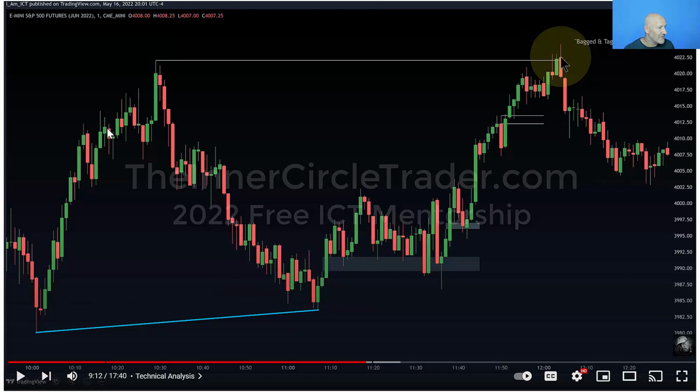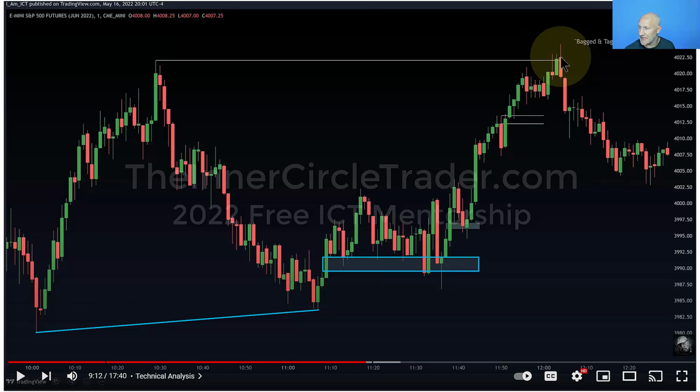Now you can see as the market's traded up and down, and we've reacted to this level, and in the process you can see we've painted our fair value gap just here. So it's our 3 candle formation just here. I'll just draw that as a box so that's a bit clearer. We extend that across, and you can see that there was a number of opportunities to get set based off